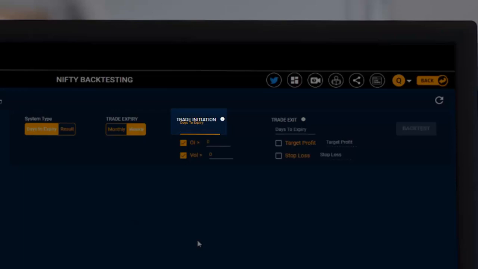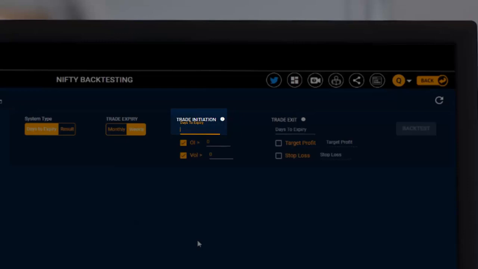Let's say we took an entry 2 days before the expiry, we will type 2. Let's say expiry is on Thursday. 2 days before it is Tuesday, I will type 2. I want to take a trade on Wednesday, I will type +1, which is basically I am entering on Wednesday, 1 day before the expiry. 6 days before the expiry is Friday, so basically Thursday is the expiry, next Thursday is the expiry. I want to initiate the trade this Friday, I will type +6.